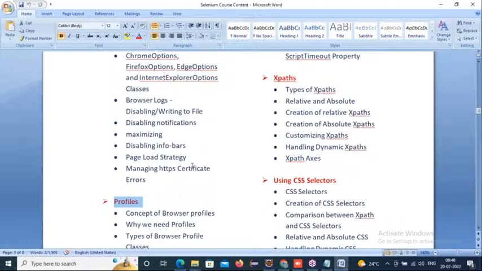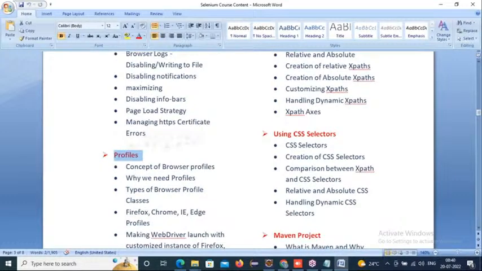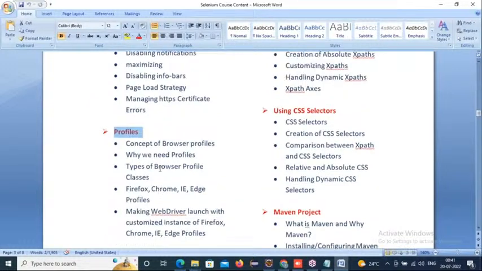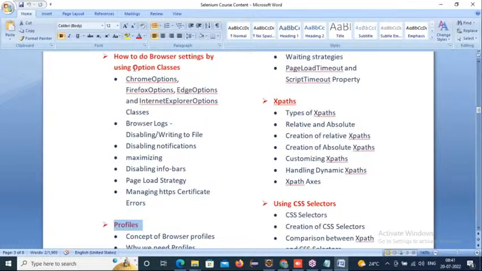So how can we take the browser into our control? By creating our user-defined browser profiles. While creating our user-defined browser profiles, we can take the browsers into our control. So how do we create user-defined profiles for Chrome and Firefox? I'll show that, once we take the browsers into our control using the options class, the Chrome options class,